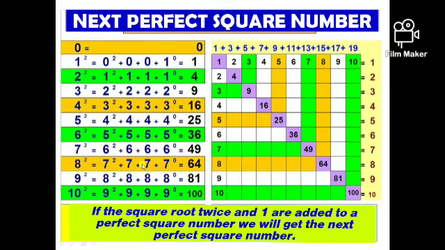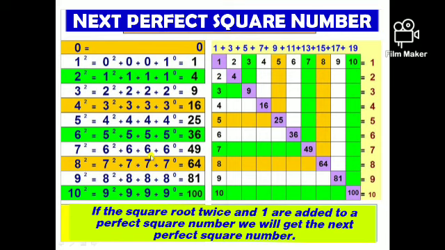Then one more 7 is 63, and 1 is 64. So in order to get the next perfect square we have to add